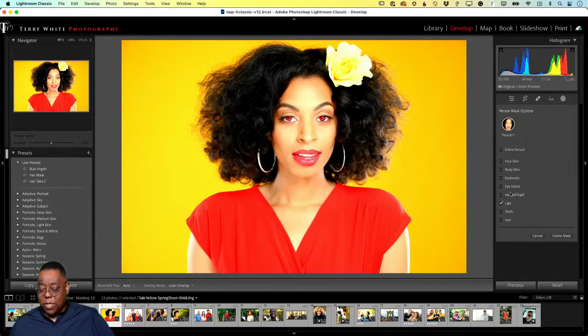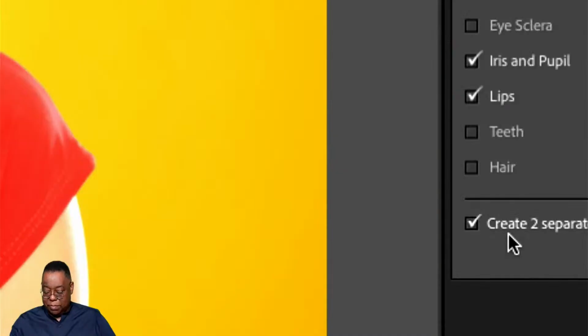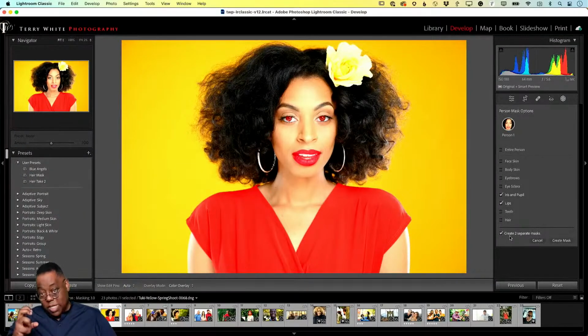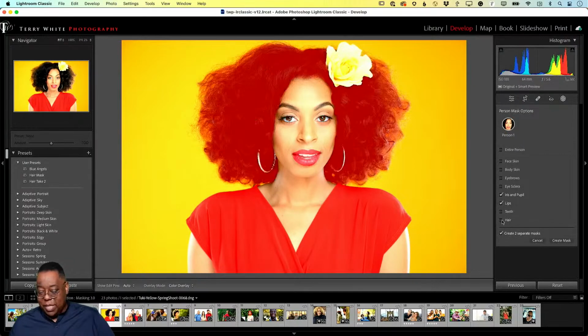And you can check off more than one thing. So if I wanted to change the lips and her iris and pupil at the same time, I could do them both, or I can create separate masks for each one. Either way. So if I uncheck this box that says create separate masks, then it will make one combined mask of the lips and eyes, and whatever I do will change the lips and eyes. Or I'm saying, hey, while I'm at it, I know I want these separate things, so go ahead and give me